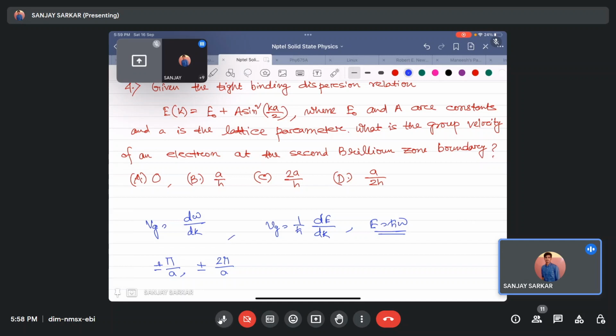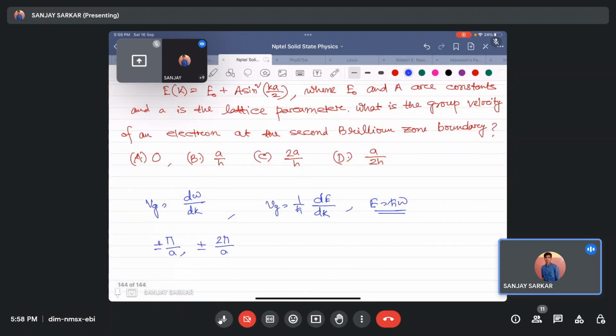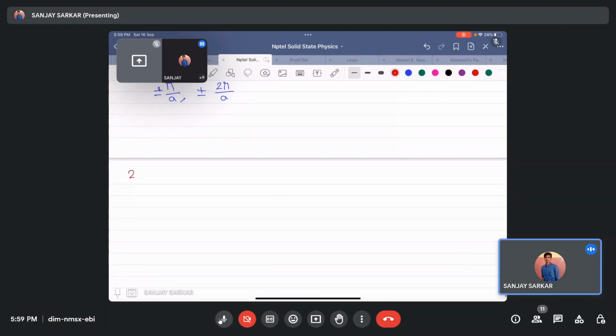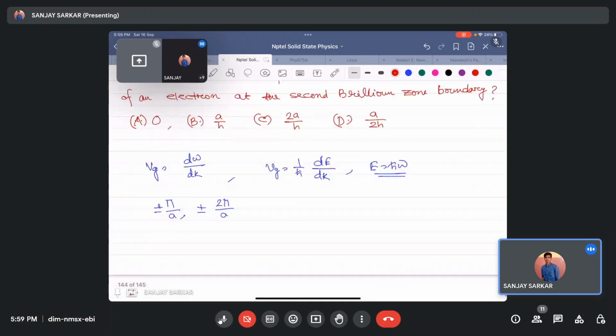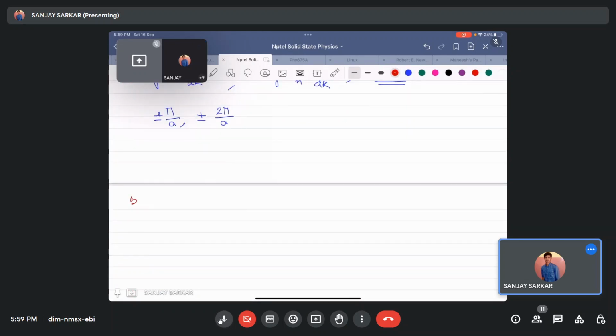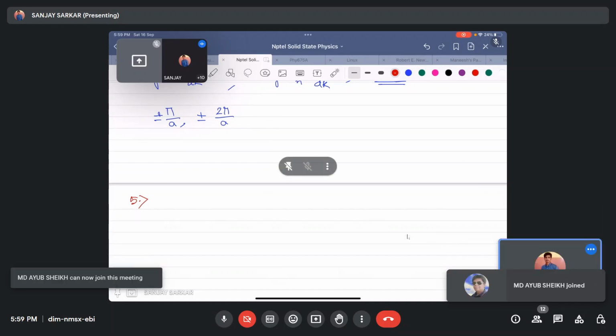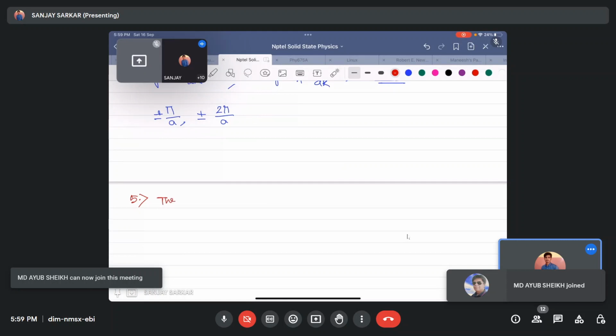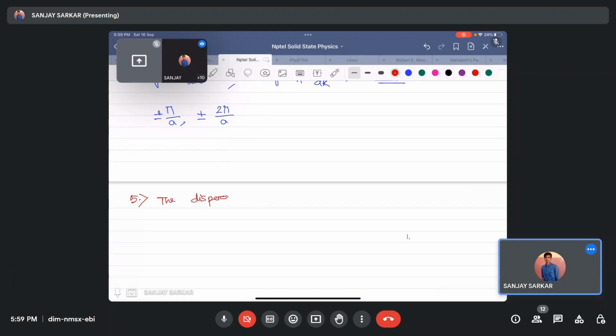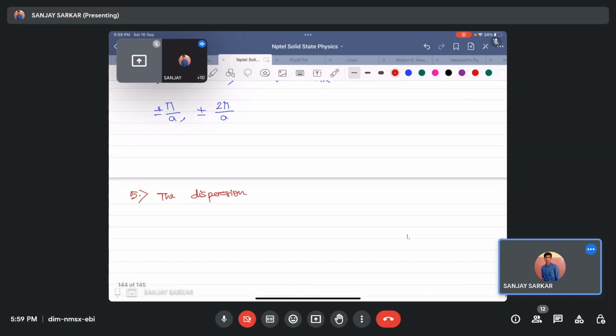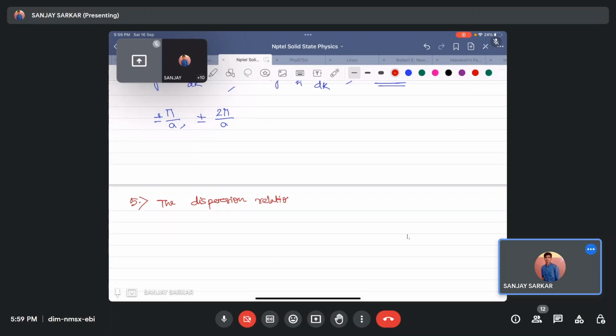So this is one problem you need to solve, and since there is one more interesting question from that effective mass, so please solve these two problems. Another question, so this is 4, then this is 5. There is one more question from this effective mass. So after this we will be done with this problem of effective mass and group velocity, then we'll move to